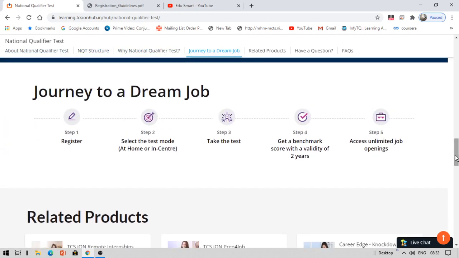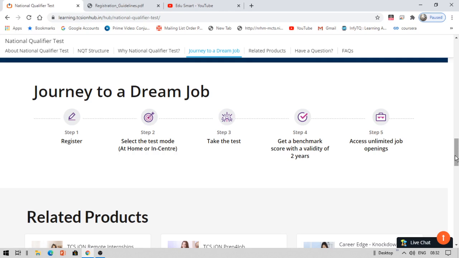One more thing is, not just TCS but many other companies have tied up with TCS NQT, that is National Qualifier Test. Now these companies will evaluate on the basis of this NQT score. On the basis of the NQT score and the programming score, many other companies are going to assess you and may provide you a job with this score. You have to apply for the jobs once your score and everything is completed, right? So once you complete your NQT test, your score will be updated. Thereafter, you will be seeing the companies and you have to apply for the companies that you like.